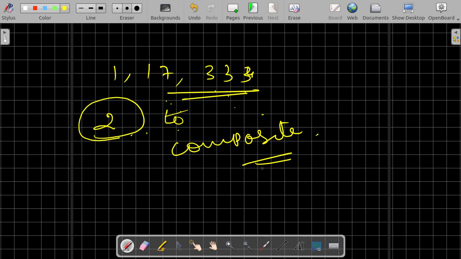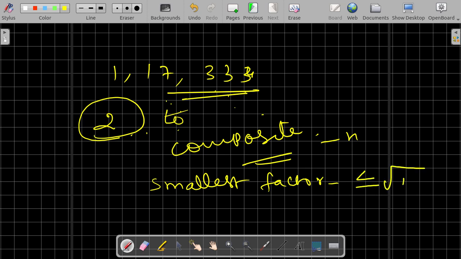There is a very unpopular property of composite numbers which tells that for a composite number n, its smallest factor will be less than or equal to the square root of n. This is an important property. We are going to use this to avoid unnecessary checking, right?